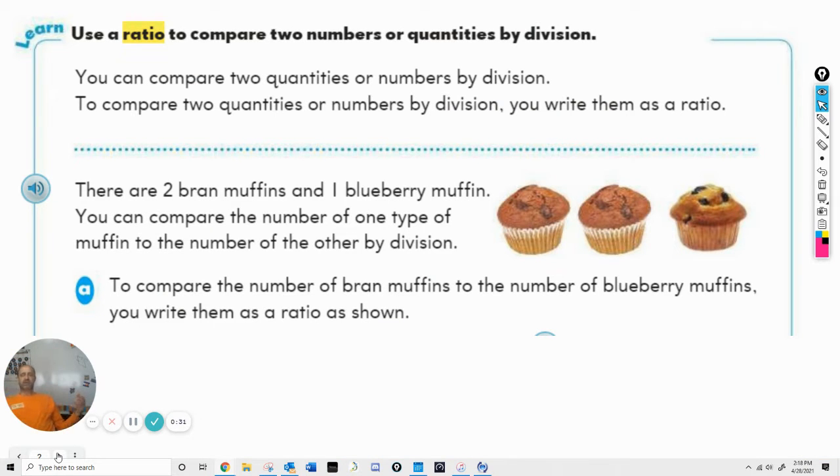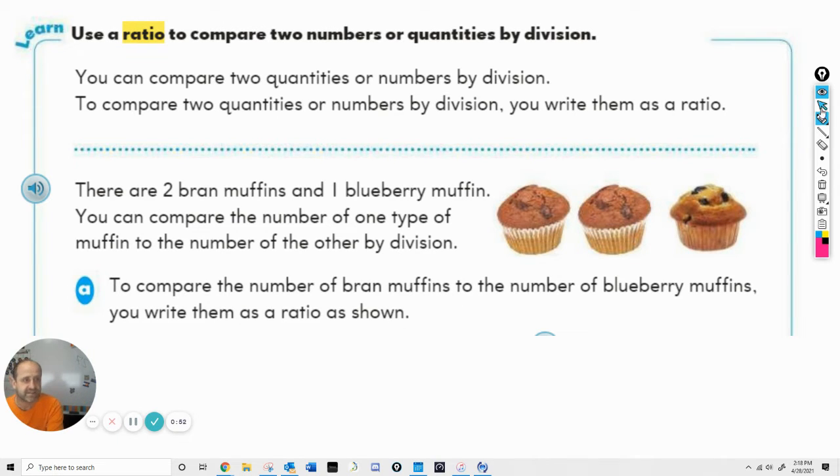Ratio compares two numbers using division. And again, very related to fractions. You can compare two quantities or numbers by division, and to compare those, you just write them as a ratio. There are 2 bran muffins and 1 blueberry muffin. You can compare the number of one type of muffin to the number of the other by division. To compare the number of bran muffins to the number of blueberry muffins, you write them as a ratio as